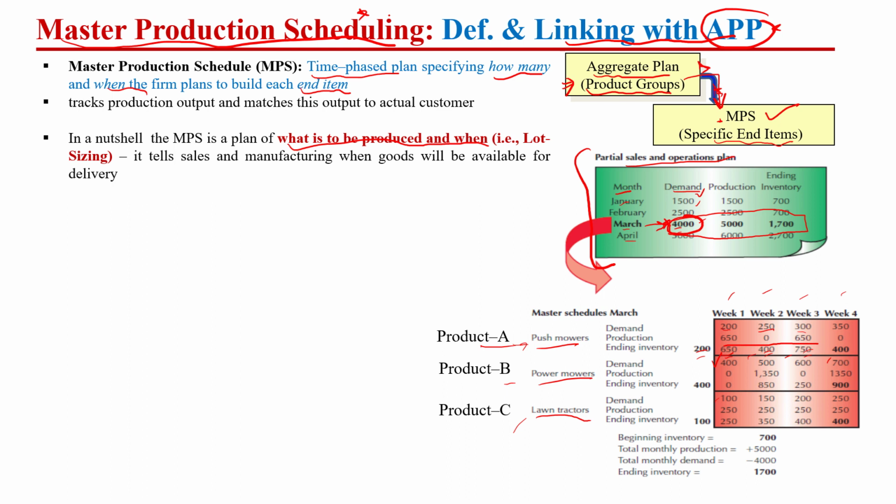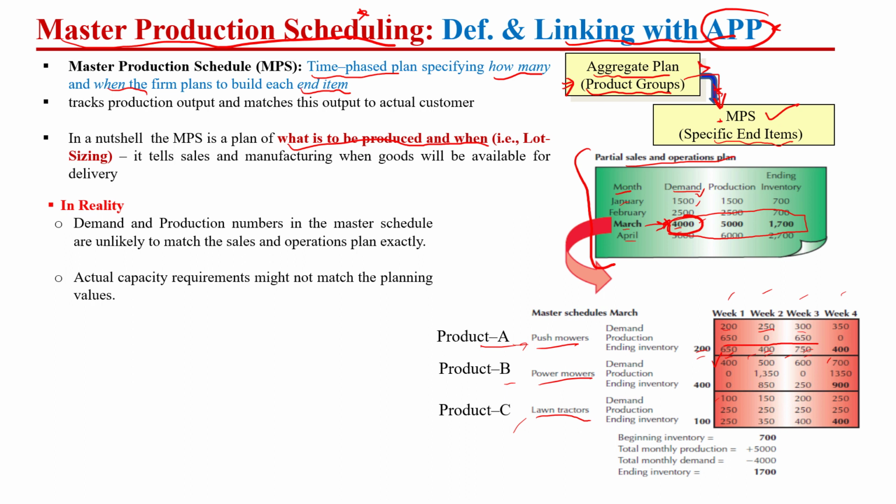But first of all, remember that in reality, when we are talking about the linkage between the aggregate production plan and the master production schedule, whatever we have developed as the aggregate production plan must be aligned with the master production schedule. What does that mean? That means if we are saying that we should produce 5,000 units in the month of March, then the sum